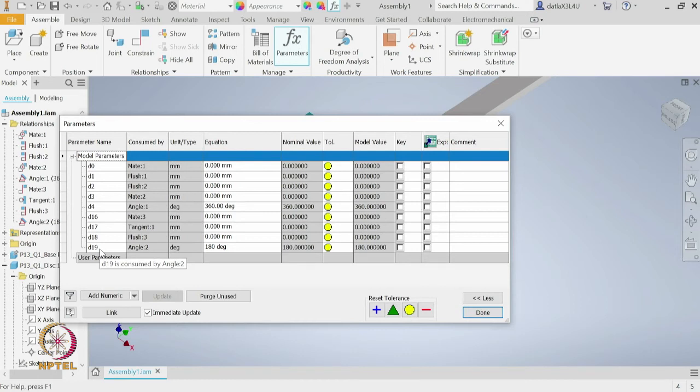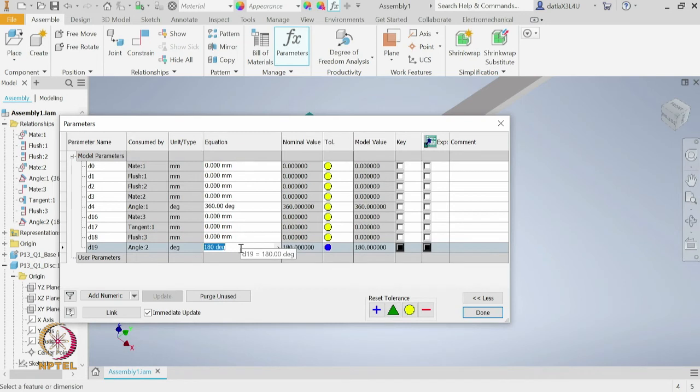So, now what I will do is I will go here, and then you can double click on the equation to specify the equation. We say the initial angle is 180 degrees, and then let us say it is minus the other angle which is d4.